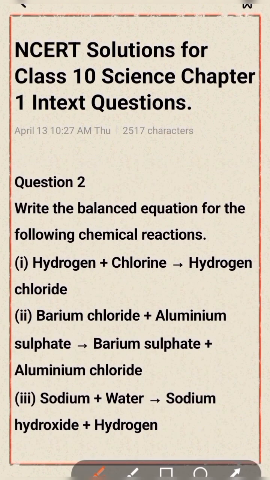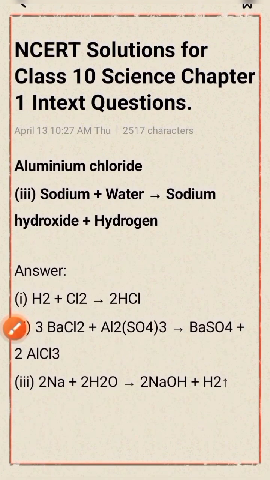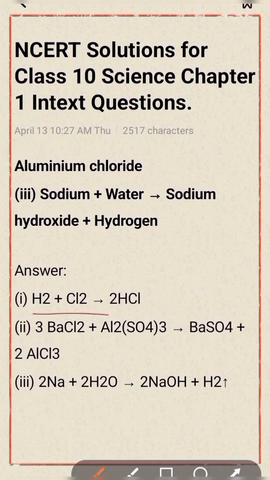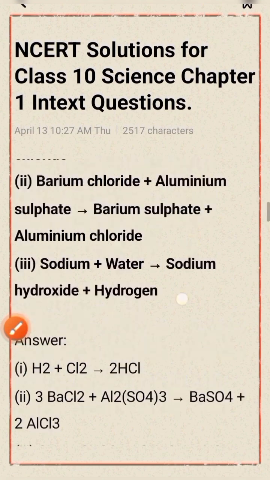Write the balanced equation for the following chemical reactions. Hydrogen plus chlorine form the product hydrogen chloride. This is the balanced equation: H2 plus Cl2 form 2HCl. Okay. Next part,